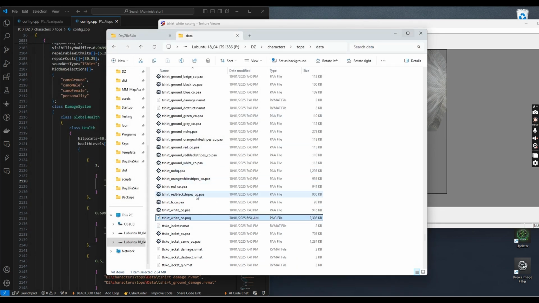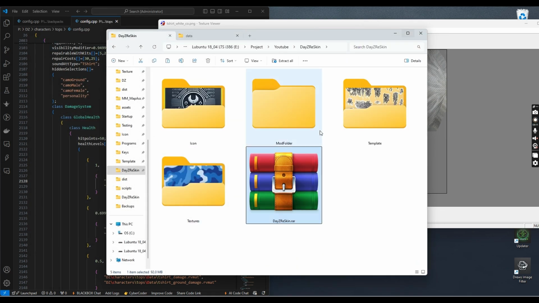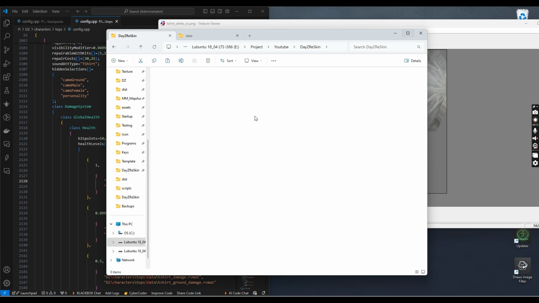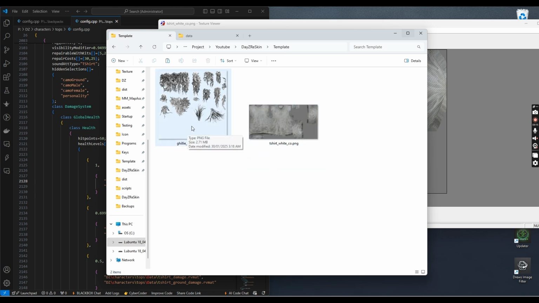Alright, now for this purpose, you can put it all into one template folder. Makes it easier for making templates and stuff. I got it in here, t-shirt, white, and the ghillie tan. CO BW. Now the BW isn't actual DayZ. This is what my program's going to do for this, which I'll show you right now actually. We'll go get the ghillie